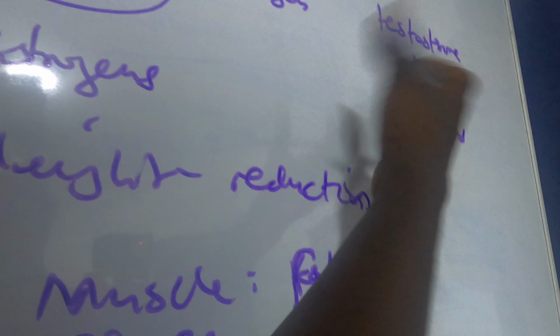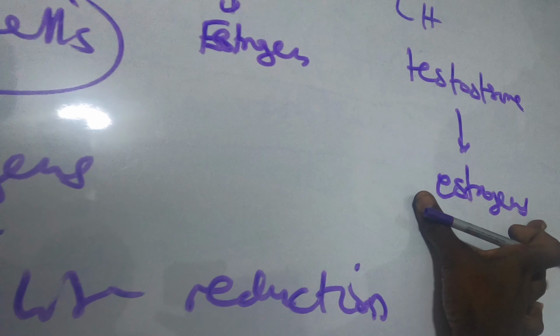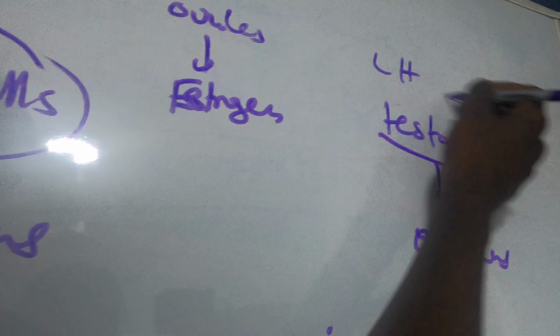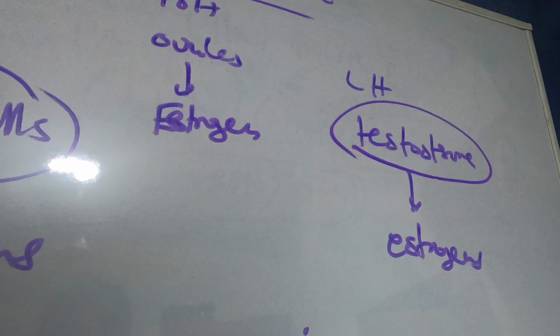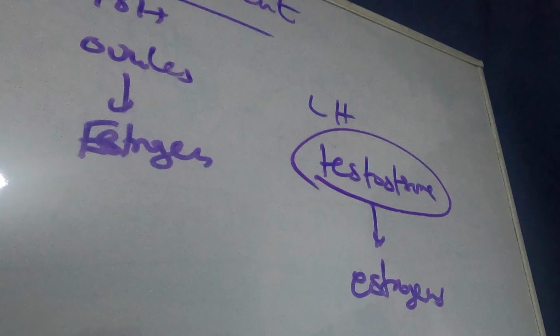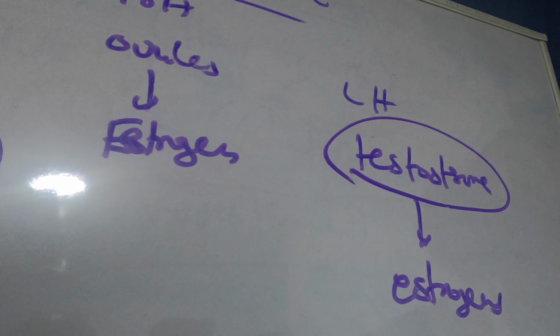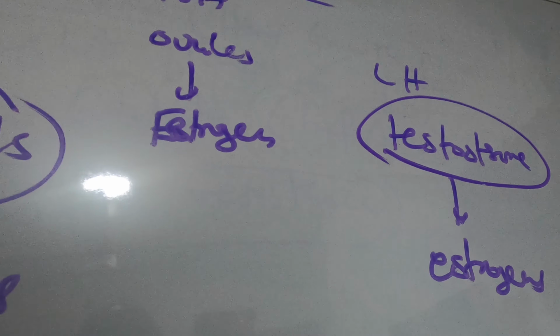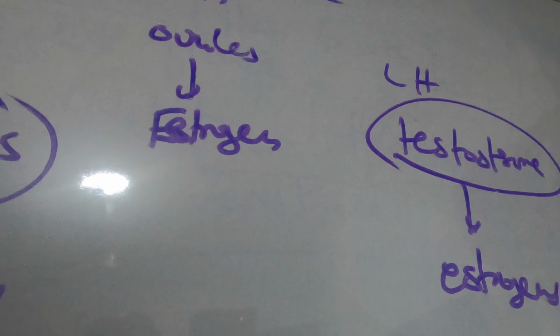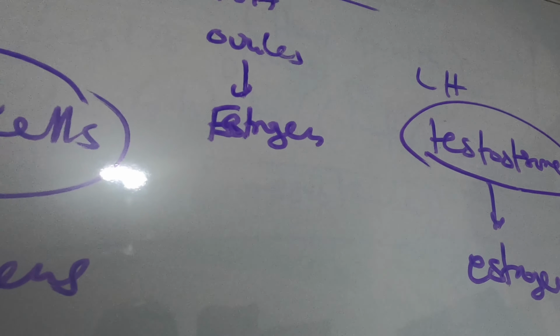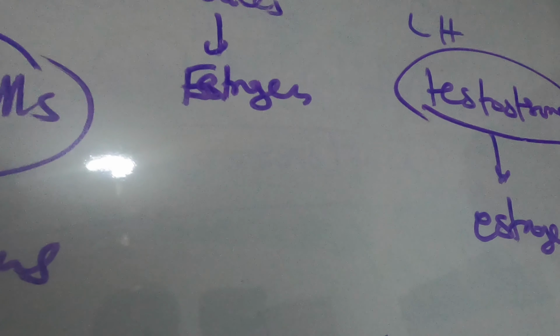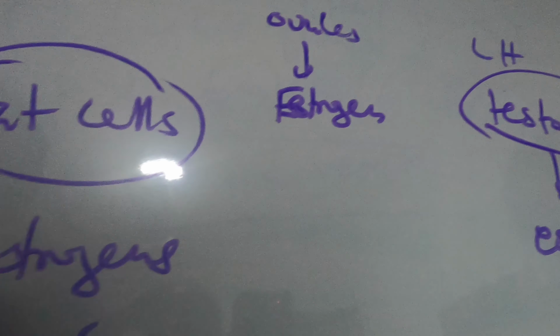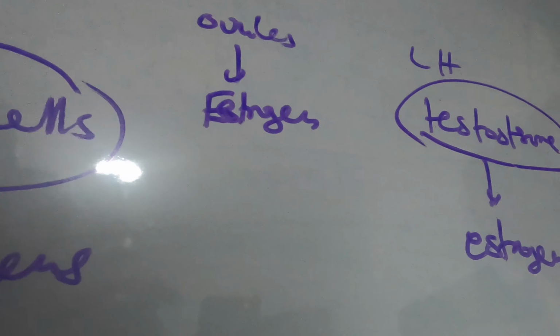Now, I said that this reaction produces about 1% or maybe less than 1% of these estrogens, meaning that there is a lot of testosterone in a female who has PCOS. And then we saw that testosterone is responsible for the virilism or hirsutism, where you have hair growth in areas where you are not supposed to have it, like the beard, chest hairs, and even hairs on the ears, which we term hypertrichosis. So we need a drug that can actually bind to this hormone so that you don't produce these estrogens.